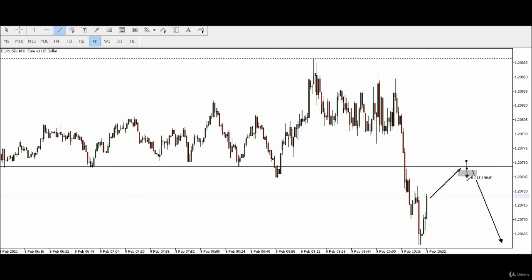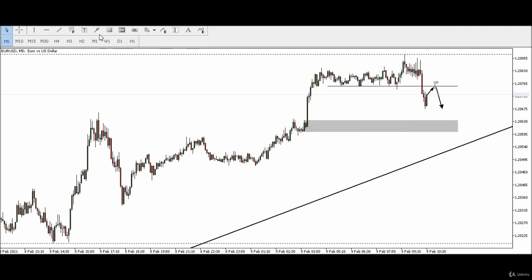If the price again rejects this level like this, our stop loss should be above this level or above these rejection candles, and our targets, let's move to a higher